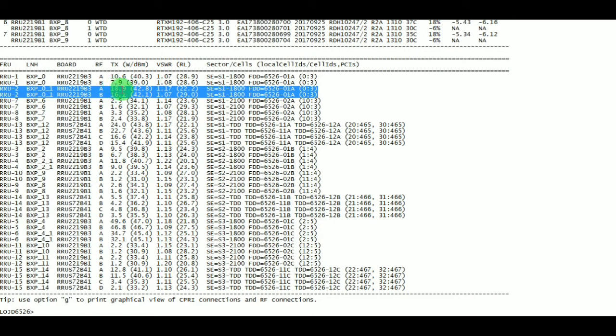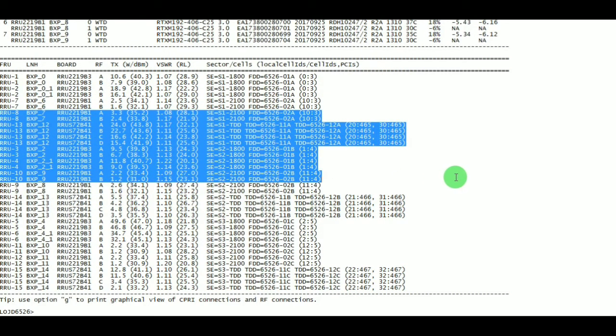The TX values are 18.9 for branch A and 16.1 for branch B, 1.17 VSWR for branch A, whereas 1.07 for branch B of sector 1 1800. Technology is FDD and the carrier is 01A. The same logic and concept applies to all the radio units. So let me explain other things.